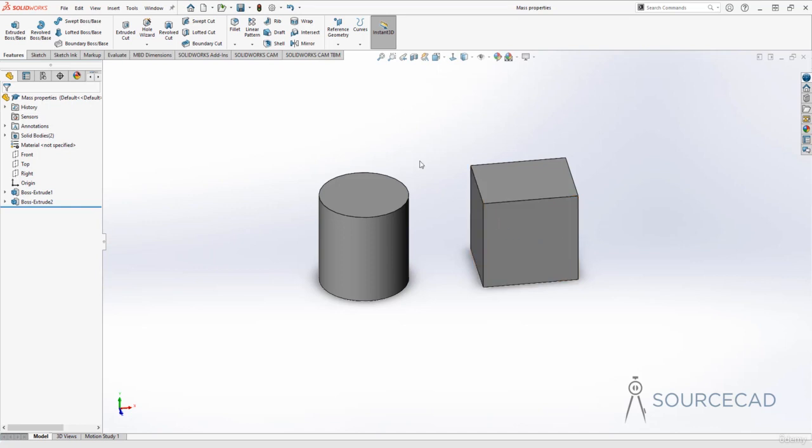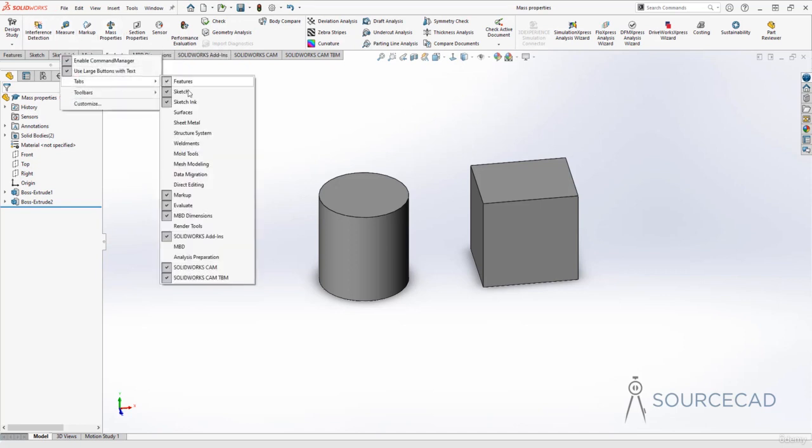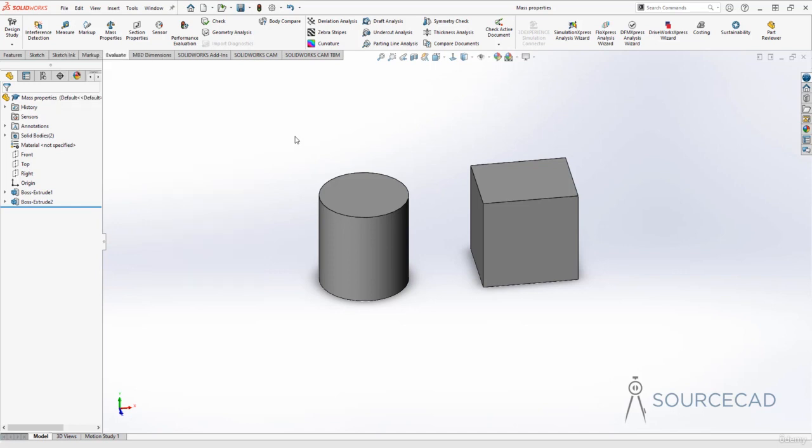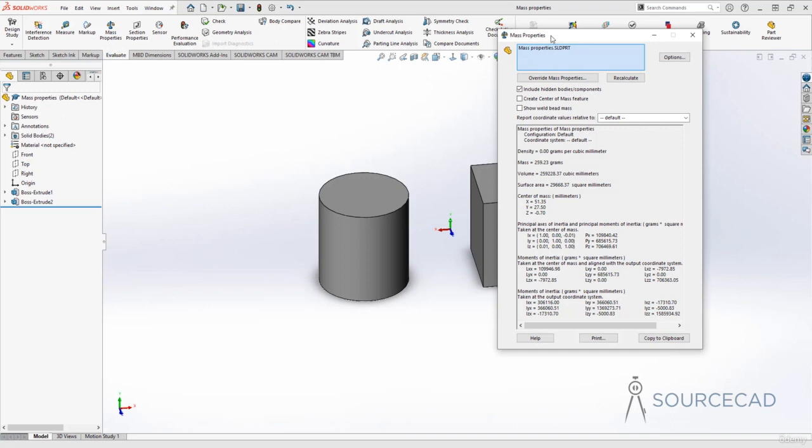mass property option, which is on this evaluate tab. So go to this evaluate tab and select mass properties. Now, if you don't have this evaluate tab, right click anywhere and then go to tabs and select evaluate. So anywhere on this command manager, right click, tabs, and evaluate, just activate this. Okay, we already have this here, so I'll click on mass properties, and now this mass property option will show